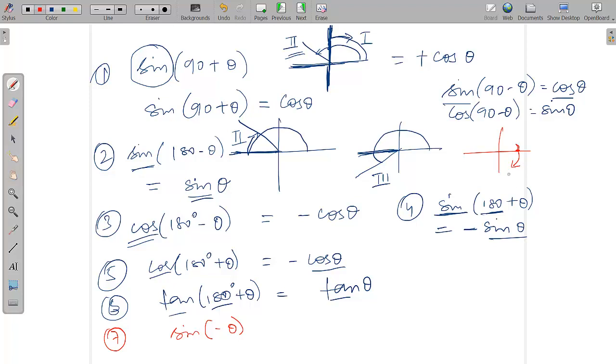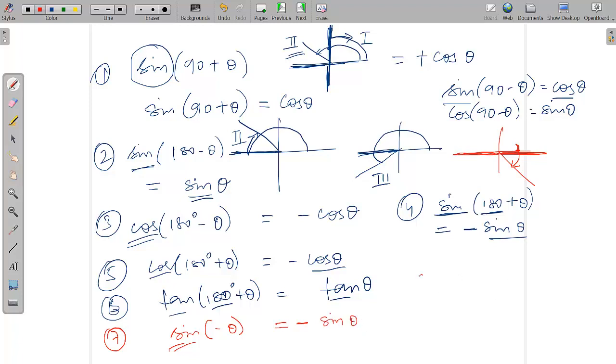So sine minus theta is again coming in this quadrant. So that is the fourth quadrant. In the fourth quadrant, we know that the value of sine is negative, so we'll put a negative sign here. And what about whether it is going to change or not? Is sine going to change to cos or not? Since we are touching this line, we already saw that if you are touching this line, you are not going to change sine to cos or any other thing. So sine will remain sine itself. So it will be sine theta itself.